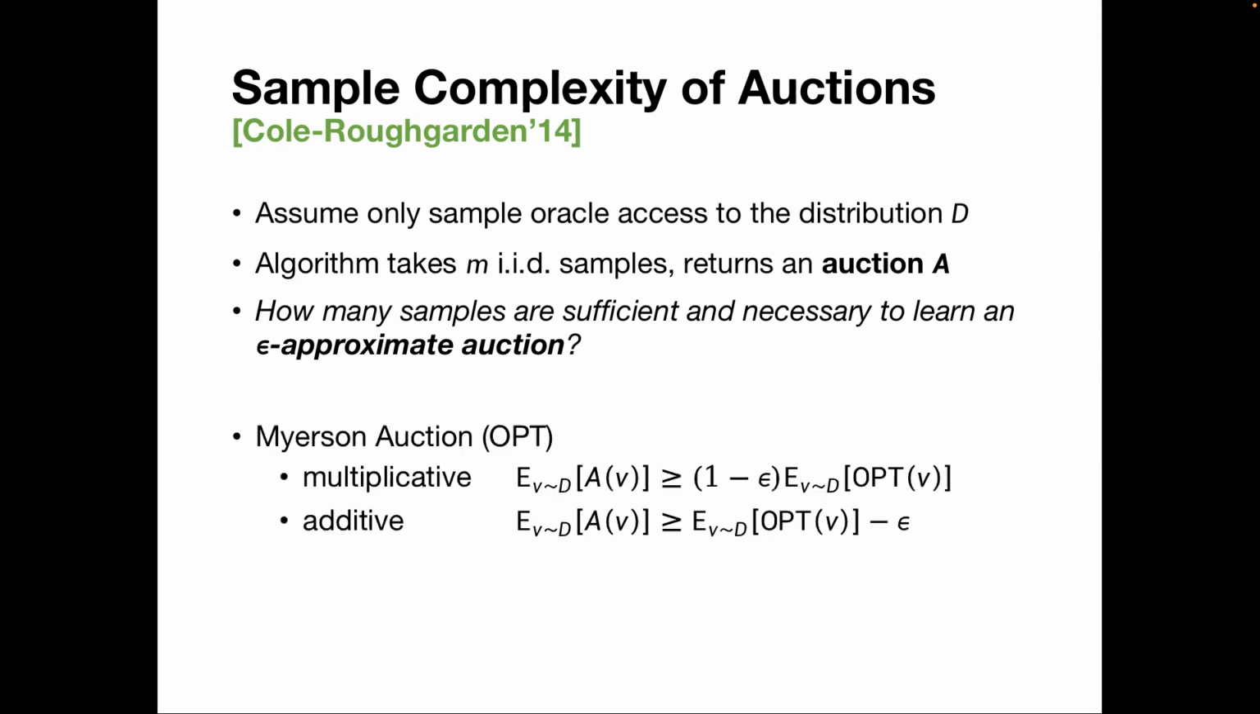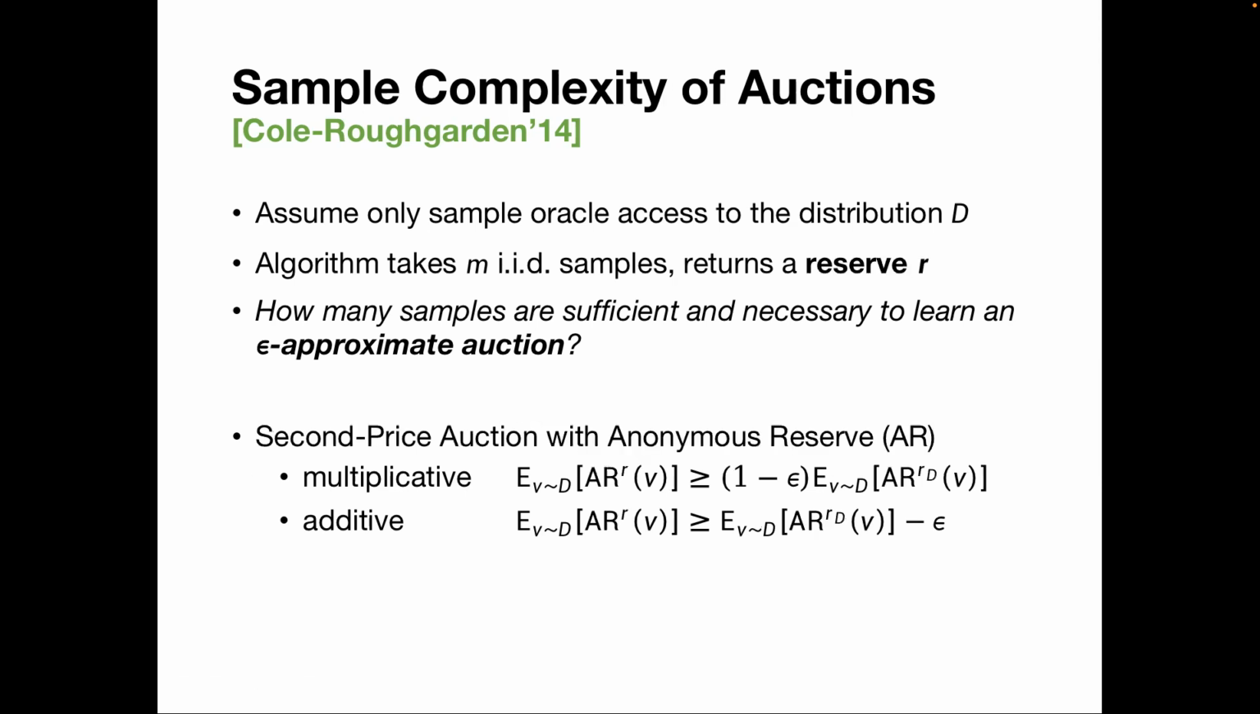That is, suppose in the case of Myerson auction, our outcome auction A should achieve an epsilon approximation to the optimal revenue. That is either a multiplicative guarantee of 1 minus epsilon to the optimal revenue from the actual value distributions, or additive error with respect to the optimal values. That is, in the case of Myerson auction, we need to learn approximately optimal virtual value